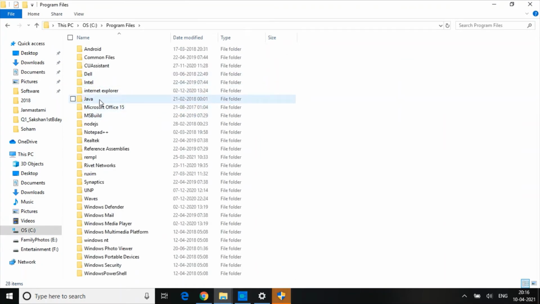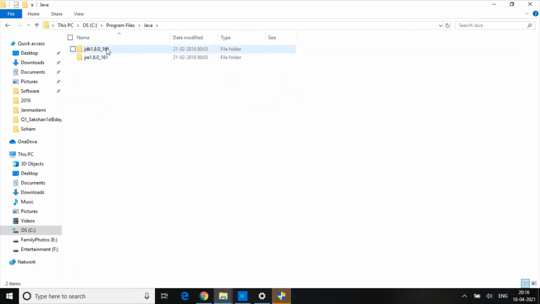In Program Files, a new folder called Java is created. Inside Java you can see two things, JDK 1.8 and JRE 1.8. Make sure these two folders are there under Program Files. If only JRE is there, then when you use Eclipse, your code will not compile. So make sure both folders are present after installation.